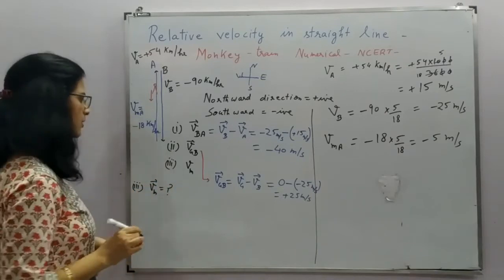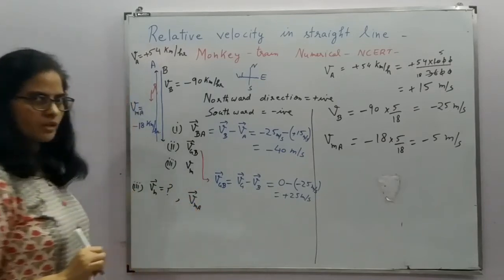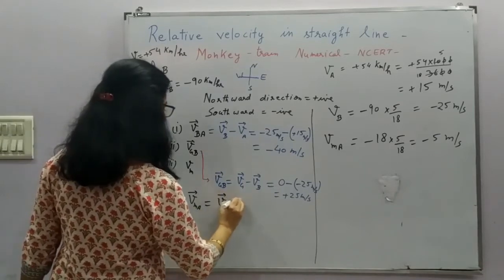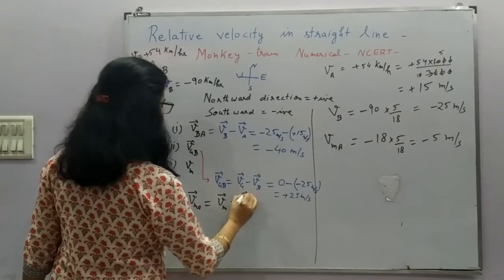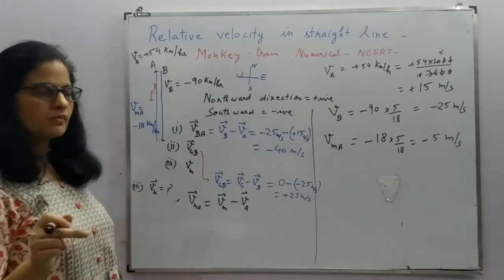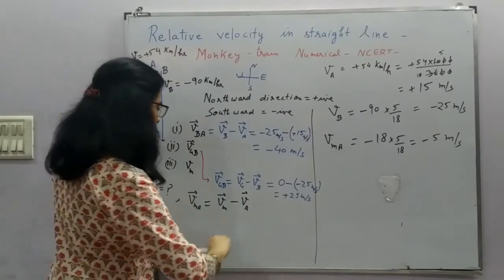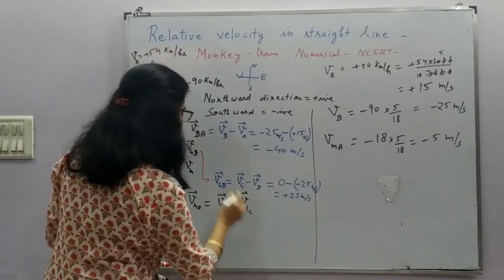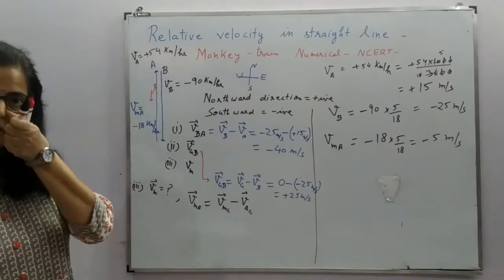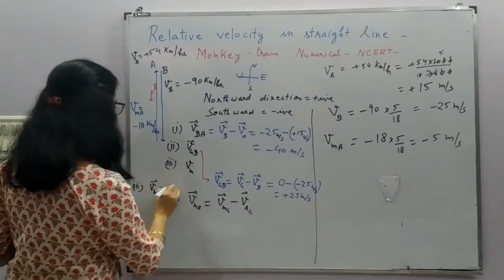So this I don't know, but I am given the velocity of monkey with respect to train A. This I know, but I can write this formula like this: velocity of monkey with respect to ground minus velocity of train A. Here there is one important point to note: if nothing is given with respect to which the velocity is, then we consider it with respect to ground. Right? So if we are not told in relation to what the velocity is given, we write it with respect to ground. So this is what I have to find.